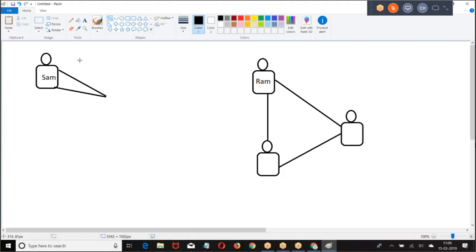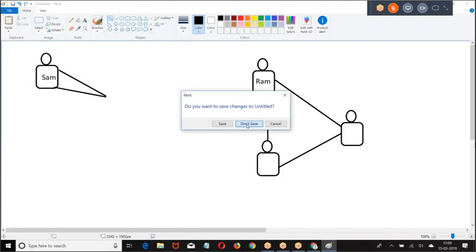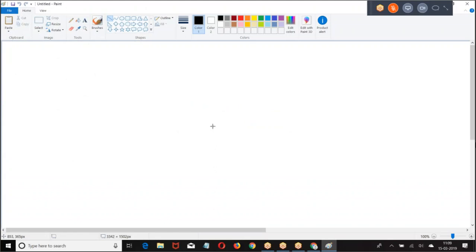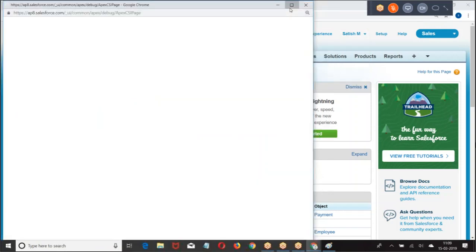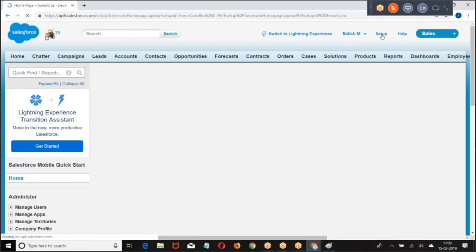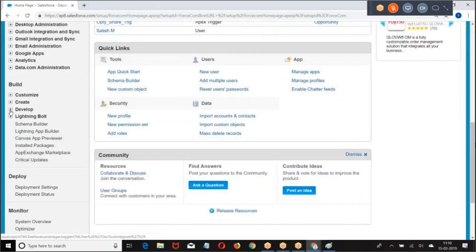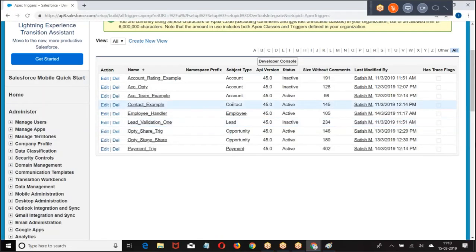Right. Now, let us see one quick example of how the recursive triggers will be called. Let me deactivate the existing triggers.